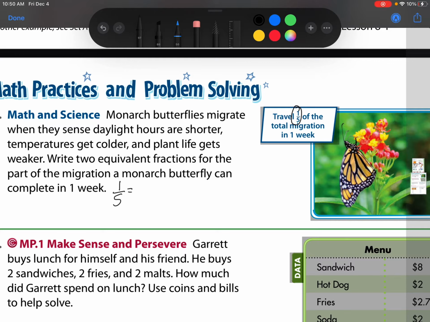Well, let's start out by drawing a model. So here is 1, 2, 3, 4, and 5. So that last one's really big, so I'm just going to shrink it down. And they can travel 1/5 of the migration in a week. So what's an equivalent fraction for that? Well, if I break it like this, then I have 2 pieces out of 10 total. I can also, instead of breaking it like that, break it like this